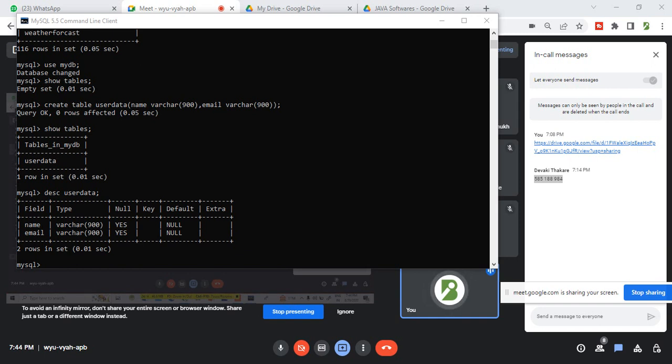Now the next thing we have to work out. This is a simple table we are created. Now we just want to go for the next table. Now what is the next table? A table with primary key. Table with primary key. What is primary key? Anyone knows? Yes, guys.